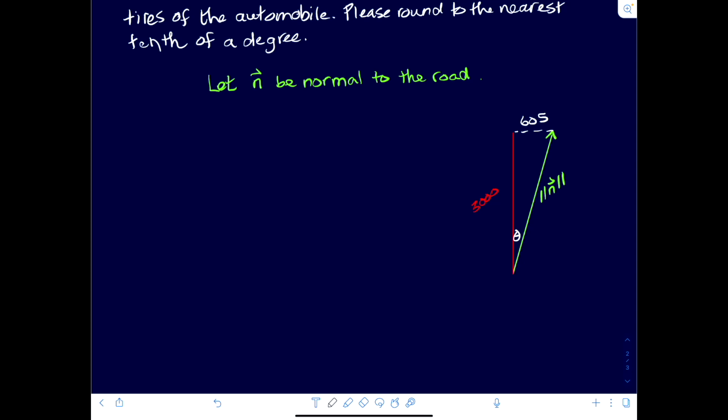Using the fact that we have a right angle here, we know that the tangent of theta would be equal to the side opposite, which is 605. They're both in pounds, so that'll divide out, over 3,000. And so if you evaluate the arctangent of both sides,